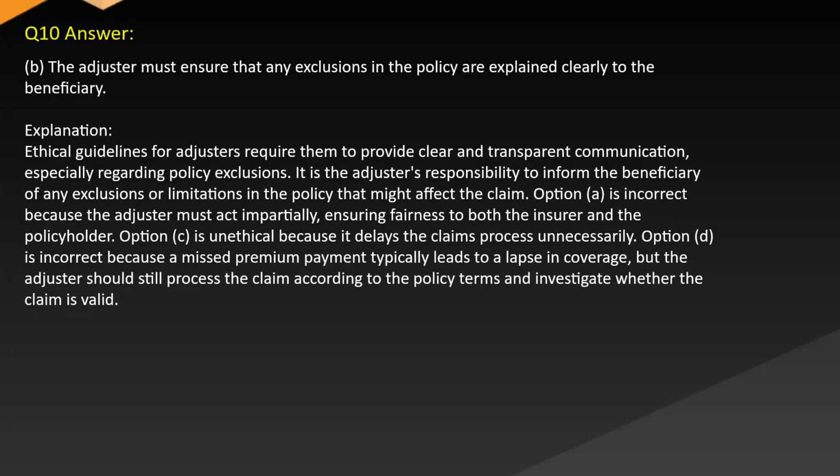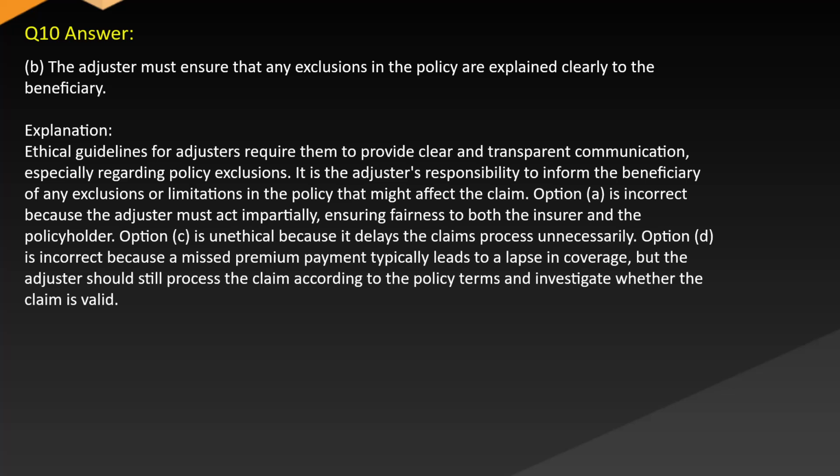Answer B. The adjuster must ensure that any exclusions in the policy are explained clearly to the beneficiary. Explanation: Ethical guidelines for adjusters require them to provide clear and transparent communication, especially regarding policy exclusions. It is the adjuster's responsibility to inform the beneficiary of any exclusions or limitations in the policy that might affect